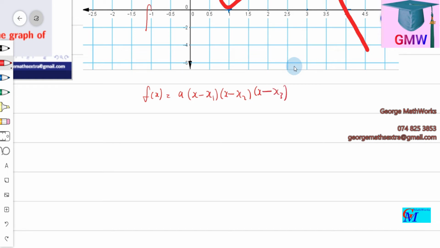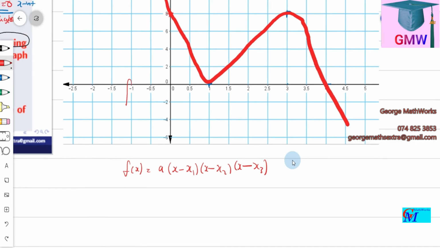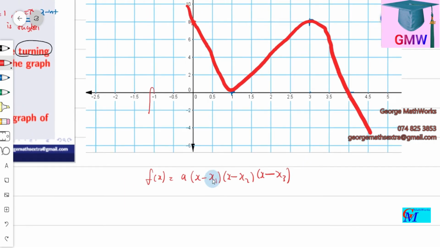Like this. This is how the graph will be like. It will be cutting at the x-axis. Since it's a cubic polynomial, we expect the graph in general to be cutting the x-axis 3 times. We expect it to have 3 x-intercepts. Now, at this point, it has a repeated value here. So for a repeated value, if we are to say here,